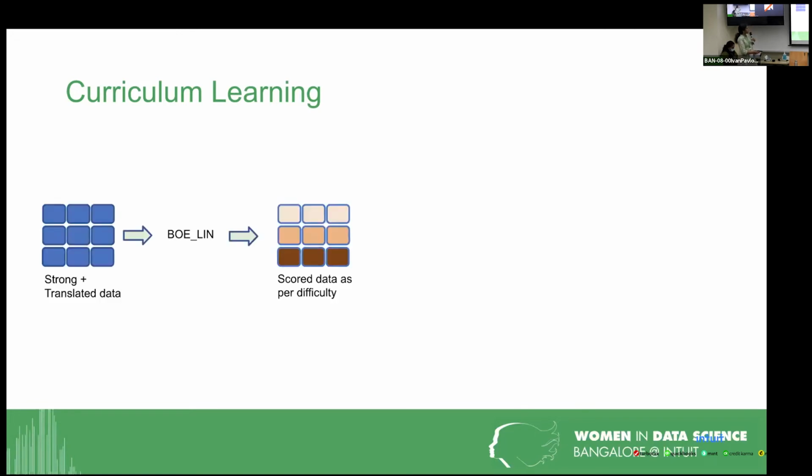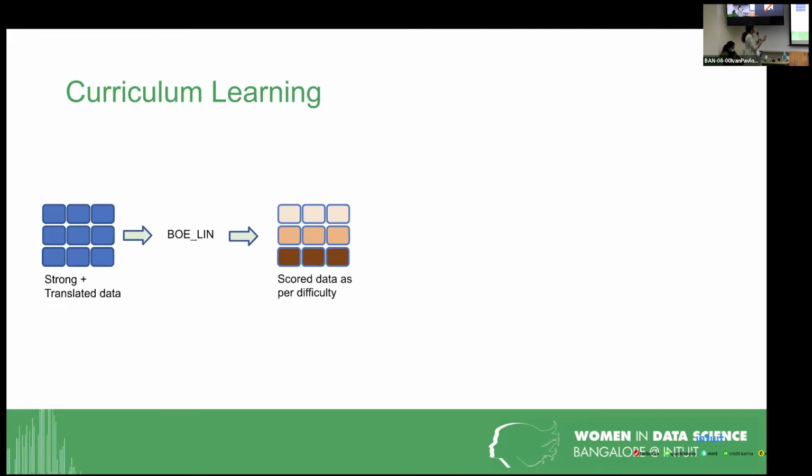So that was for the first part, when we have little label data. The second one is the monolingual case. There we can have strong data, which is the data available in the same language where you want to build a model. And then you have translated data, where maybe in English you have a lot of data, so you've translated it and appended it to this data set.